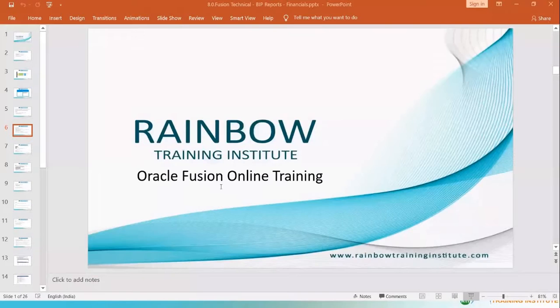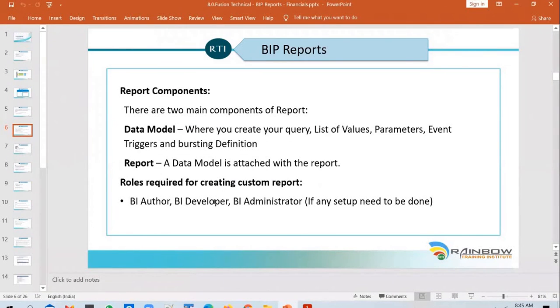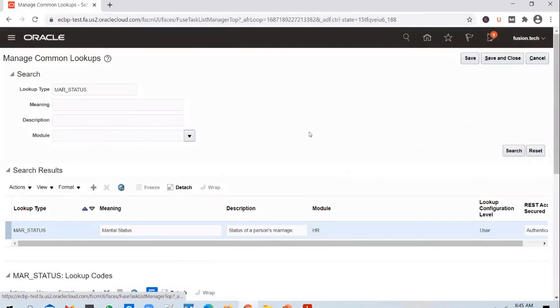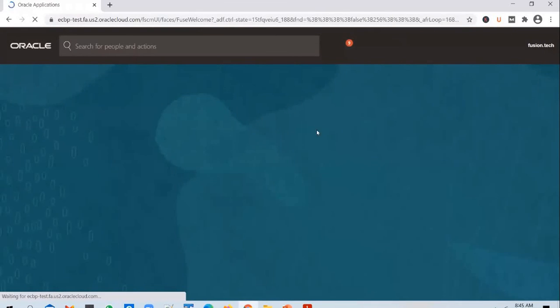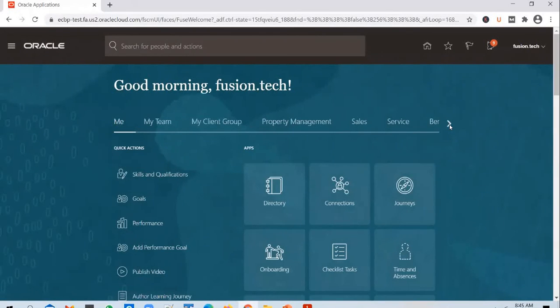Now let's get into the application and let me explain the use case. What exactly are we going to build? So go back into the application.